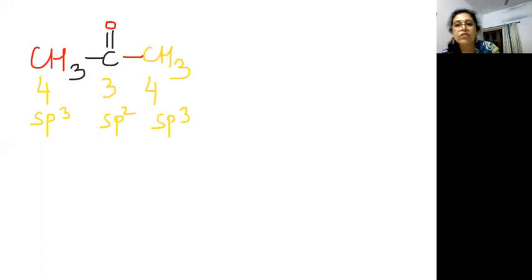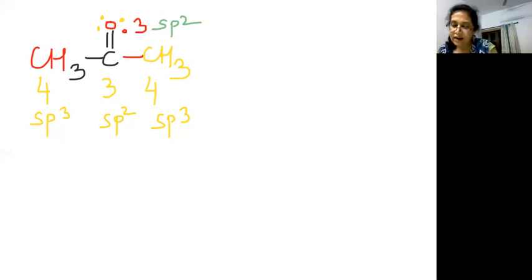Now let us look at the oxygen. If you see the oxygen, we can see 2 bonds. So that means we are accounting for 4 electrons, and a bonded atom has 8 electrons. Thus, we need to make 2 more. And now let me calculate the steric number. The steric number is total number of lone pair of electrons plus total number of sigma bonds. So the steric number here is 3. That means it is sp2.